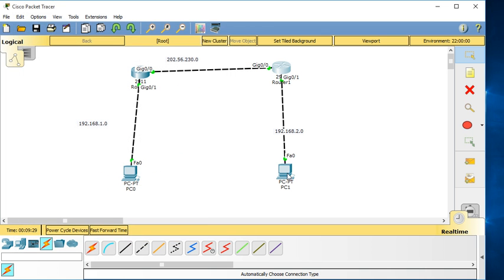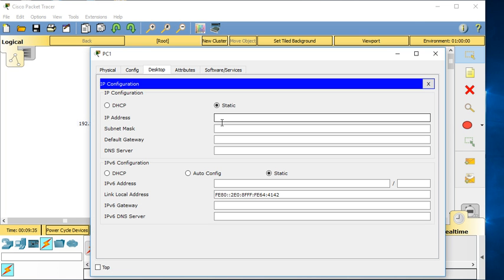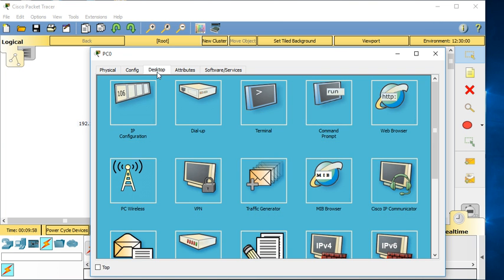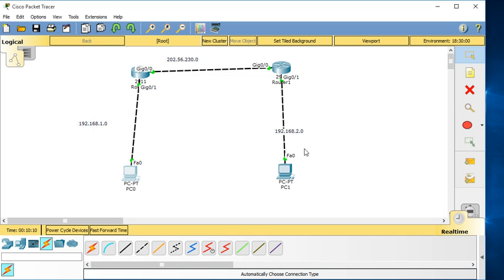Now we use the IP addresses on the systems. This is the desktop, this is the system 192.168.1.2.